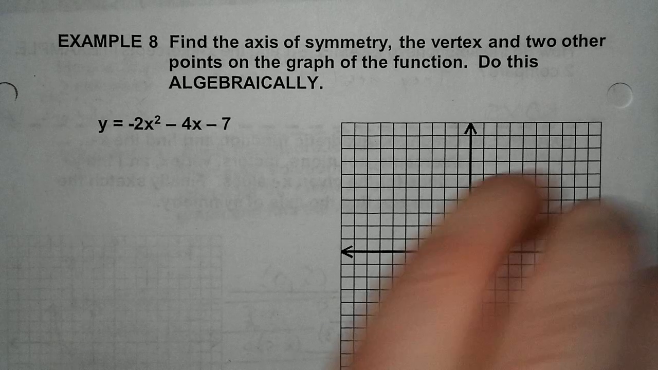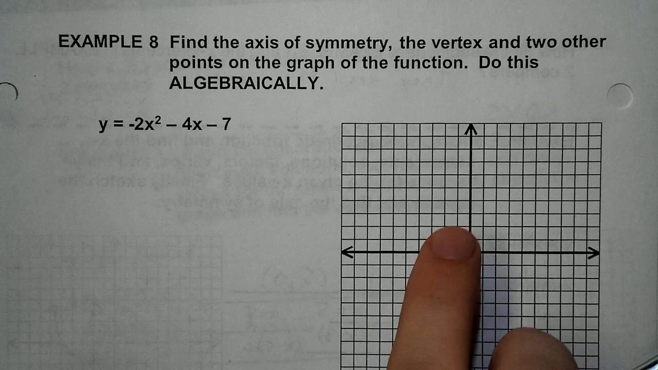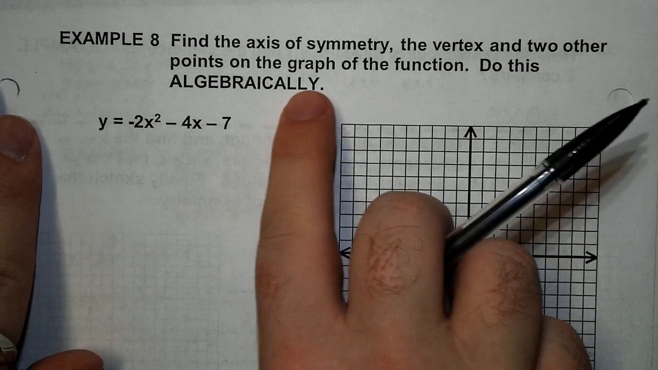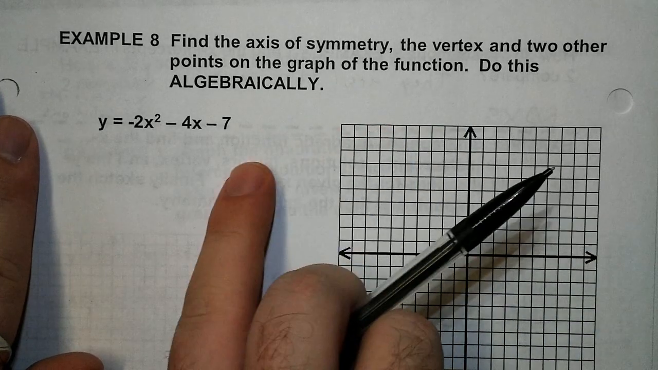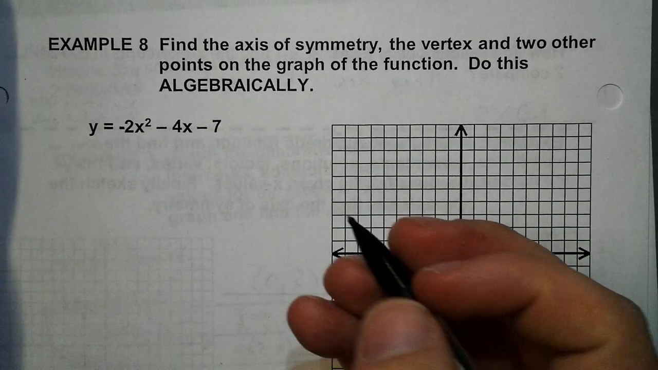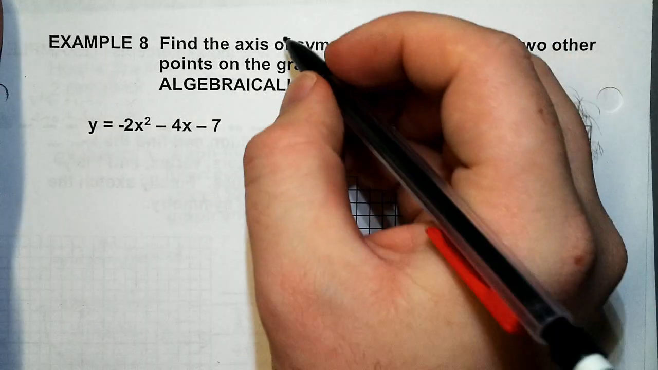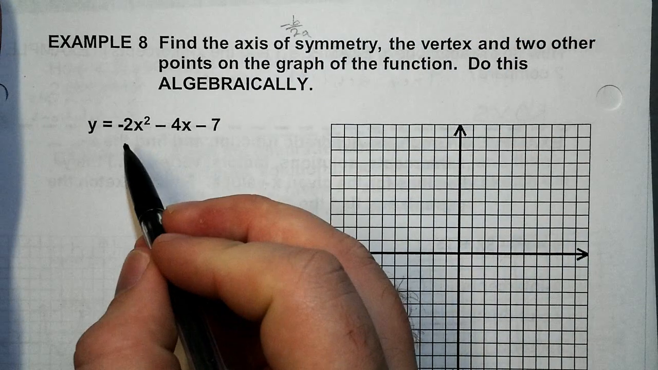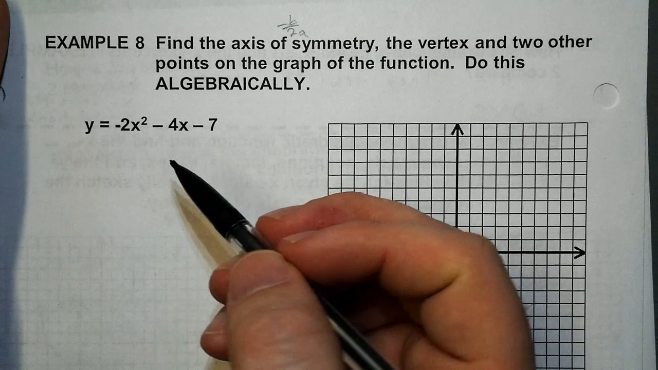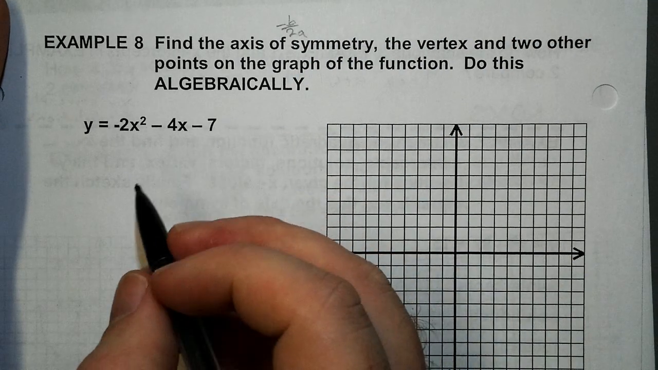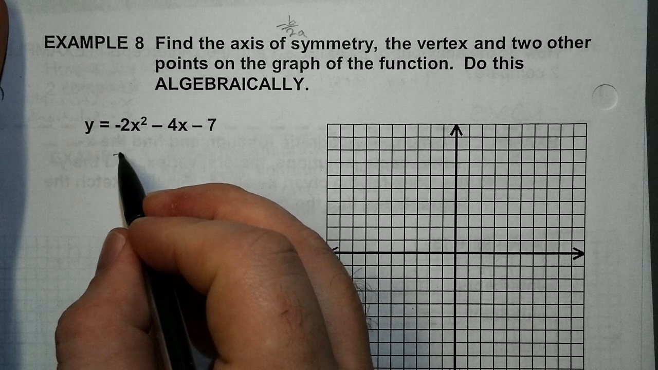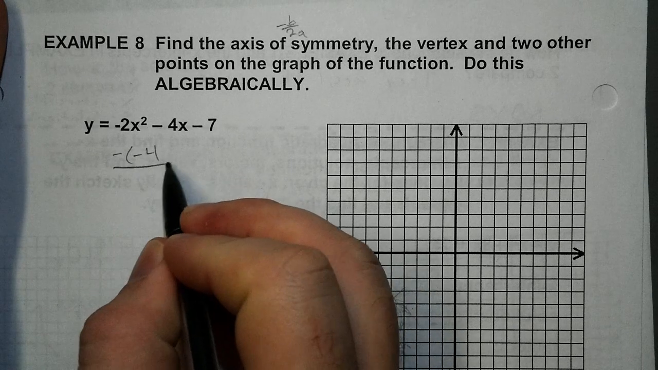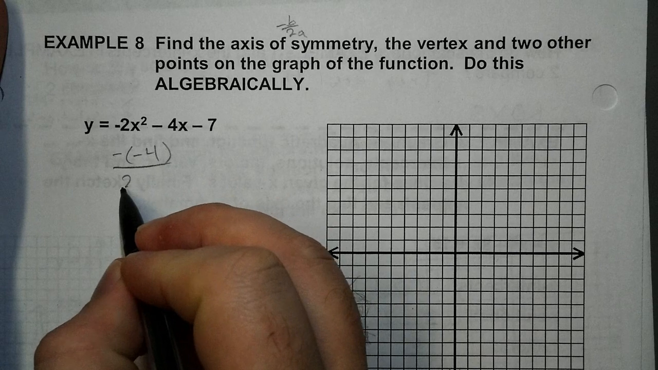Okay, example 8 says find the axis of symmetry, the vertex, and two other points on the graph function. Do this algebraically. To do this algebraically, you've got to remember your formula for axis of symmetry is negative b over 2a. Now, this is already in standard form. So, to find that axis of symmetry, we're going to do the negative of negative 4 over negative 2,